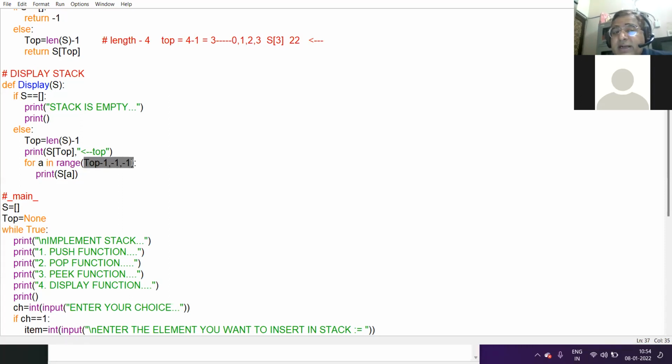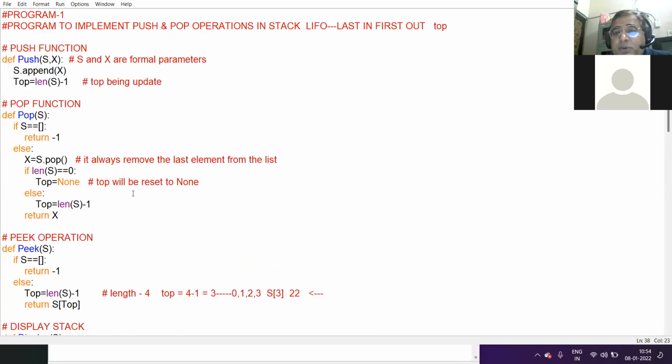Okay, got it? So this was your stack program in Python. This complete program, please transfer it in your practical files. It is a part of your practical file also for term 2. For term 2, you have to type 3 programs of Python, then the MySQL portion will start.